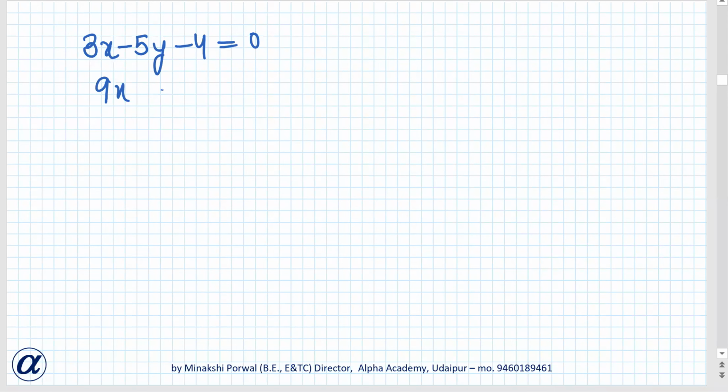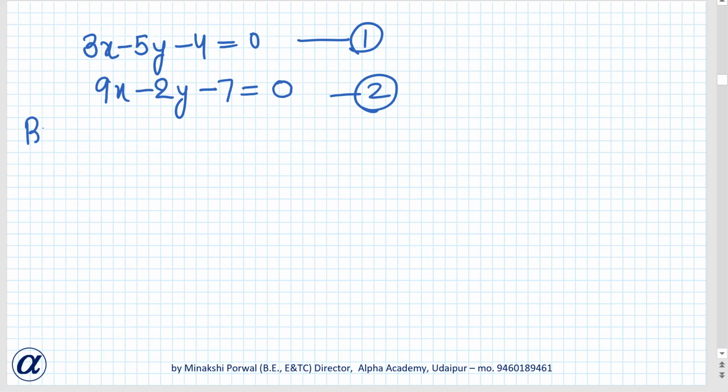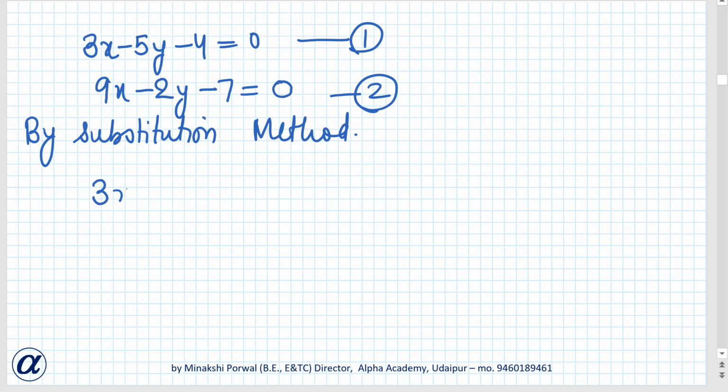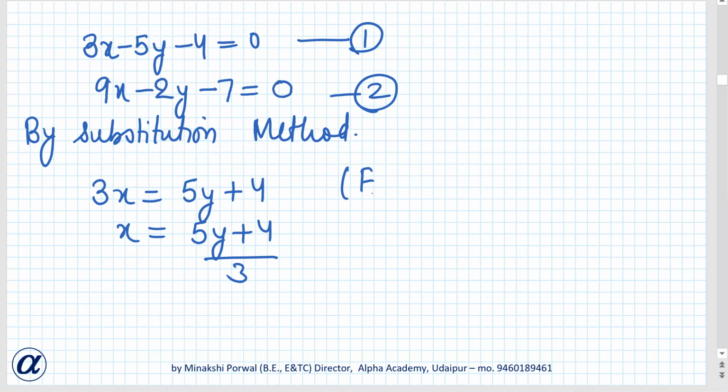First of all, writing both the equations in standard form. Minus 7 equals 0. Let this be equation 1, this be equation 2. Okay. First of all, we are doing by substitution method. तो फर्स्ट इक्वेशन से हम x की वैल्यू निकाल लेंगे. 3x equals 5y plus 4, x equals 5y plus 4 upon 3. We have obtained from 1, so we'll substitute